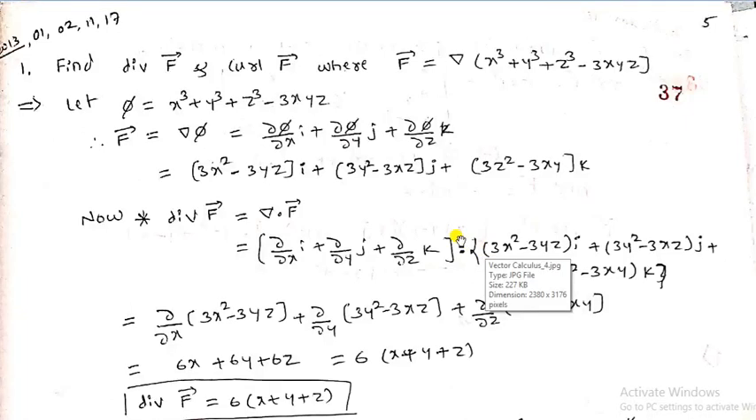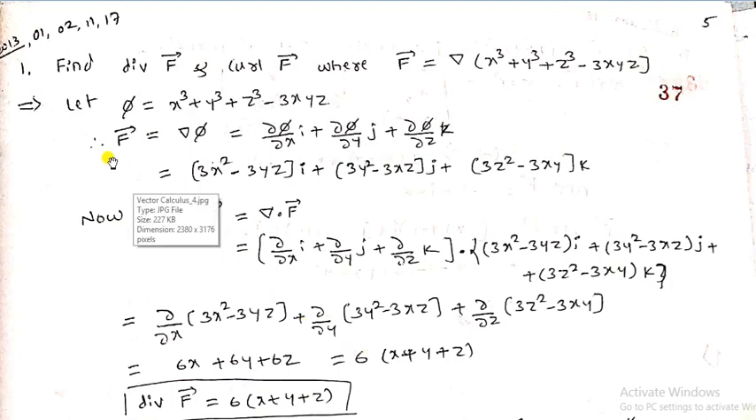So in this video we'll be solving the examples on curl, divergence and gradient. We already discussed the definitions of curl, gradient and divergence. So now we'll solve examples on the same. First one: find the divergence of vector f and curl of vector f, where vector f is equal to